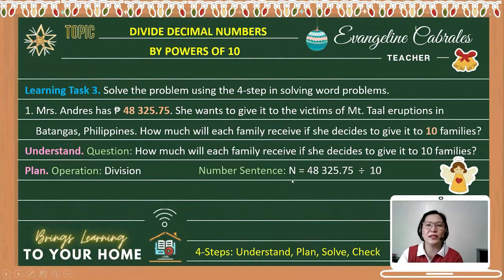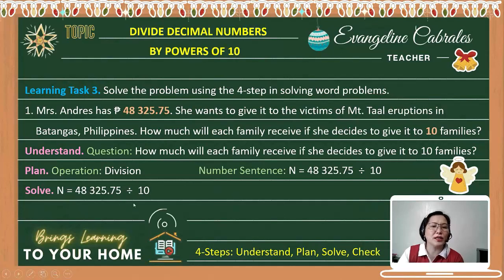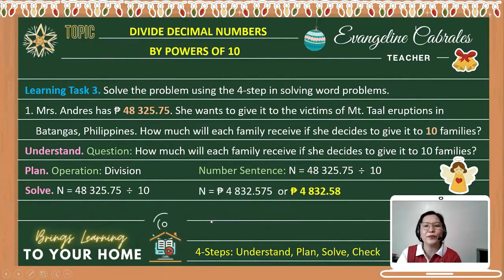And then the number sentence is N equals 48,325.75 divided by 10. And how to solve it? Ano nga ang gagawin? Ang divisor ay 10, ang dividend ay 48,325 and 75 hundredths. Since ito ay 10, papunta saan ang movement? Tama, papunta sa kaliwa. So kung ito ang decimal point, isang movement papunta sa kaliwa. Okay, tingnan natin. Yan, ang magiging sagot ay